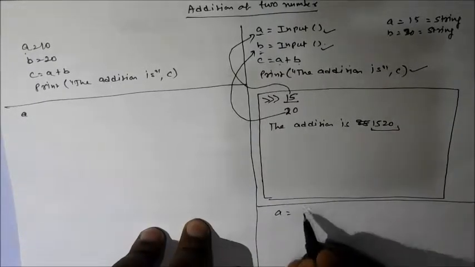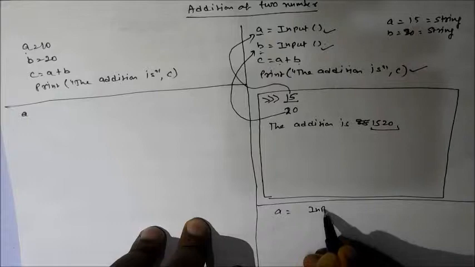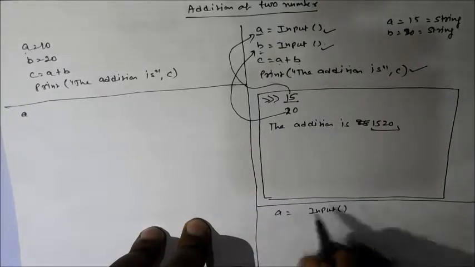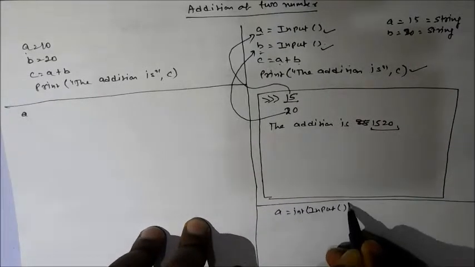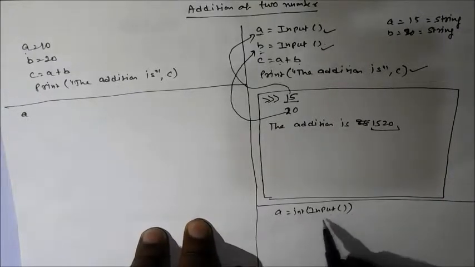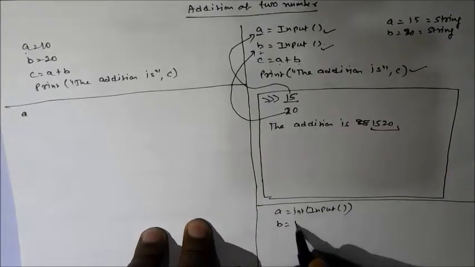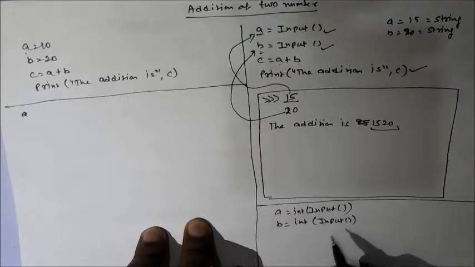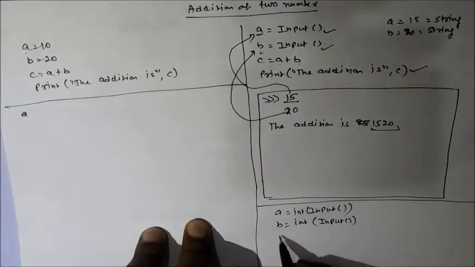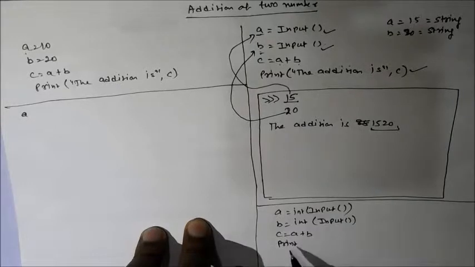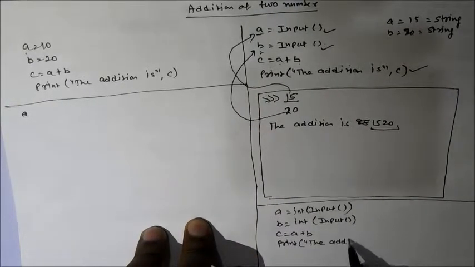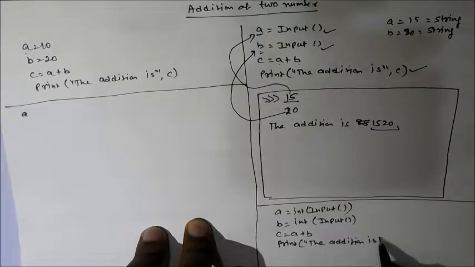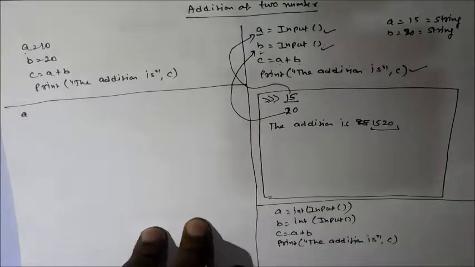A is equal to, when we are writing input, what we need to write? We need to use a function int, and this whole statement we will write inside the int. The same way we will use function int for B, and this whole statement we will keep inside, and then C is equal to A plus B, and print the addition is comma C. Now you see here,